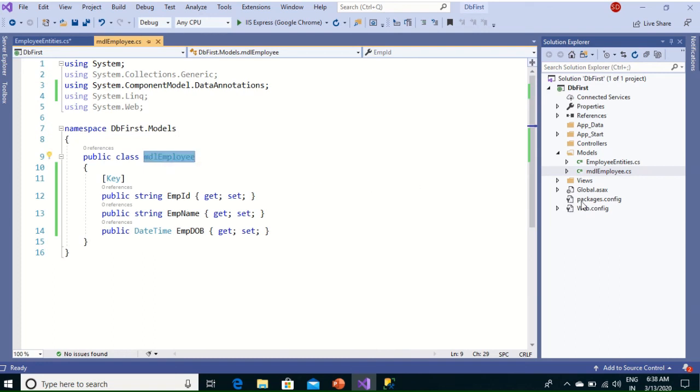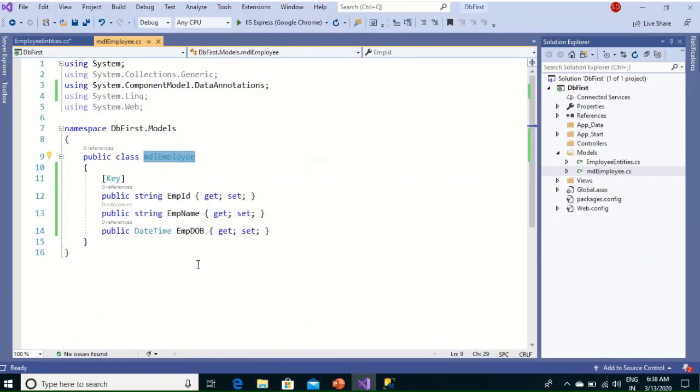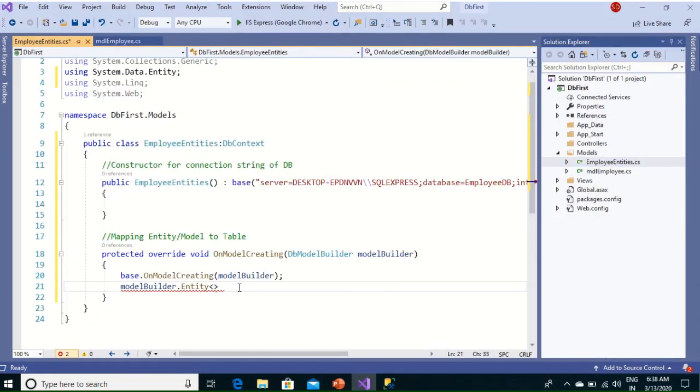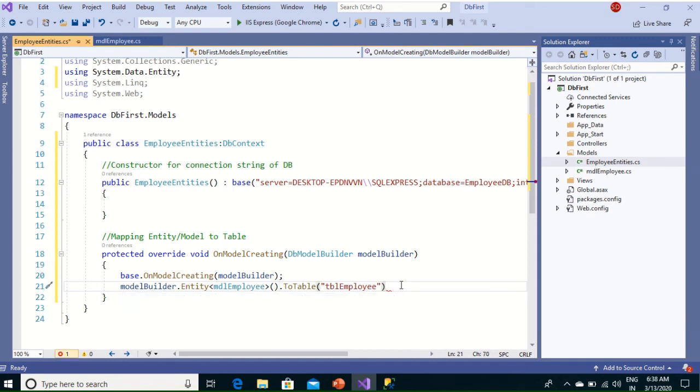This model will map to this table. So let's go there, I'll paste here. So modelBuilder.Entity<Employee>, this is the main point, so that it will be matched, otherwise it will create a new table. Dot ToTable, tblEmployee. Okay,